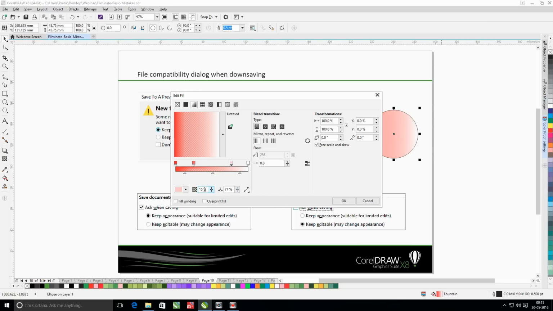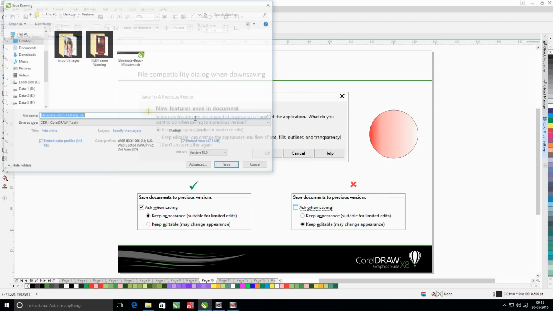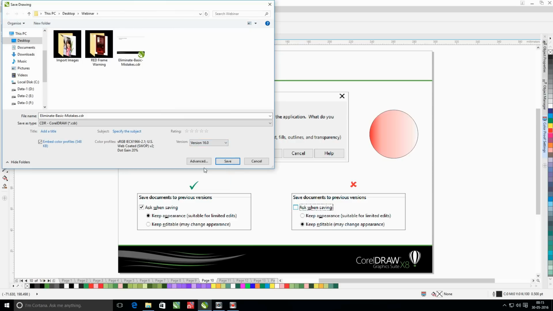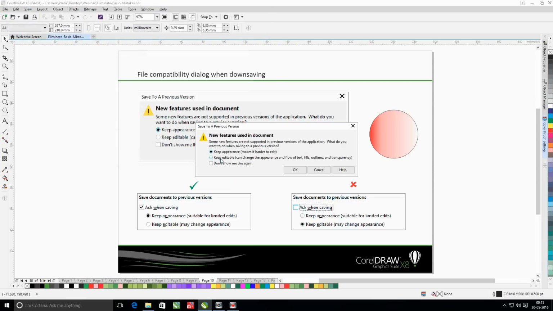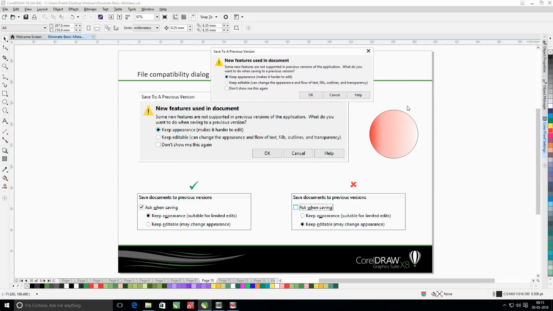So when you use such features in your drawing and try to downsave this file to a lower version, X6 or X5, Corel will warn you with this dialog box saying that the feature used in this design is not compatible with the version you are trying to save to.